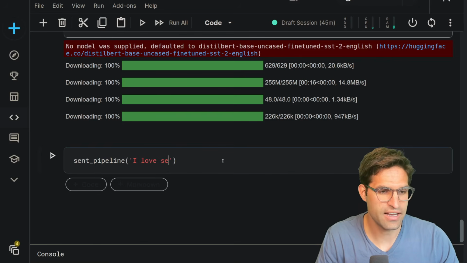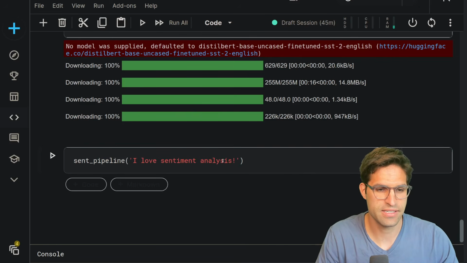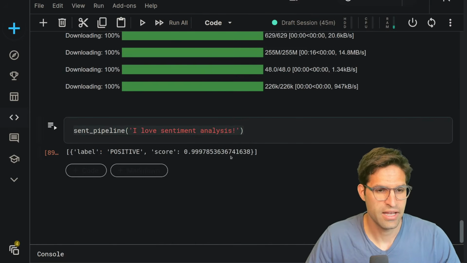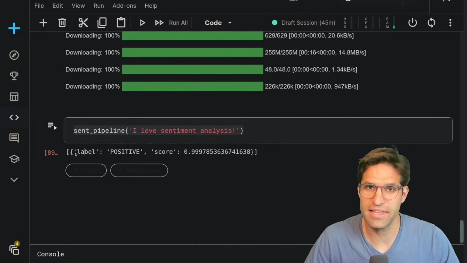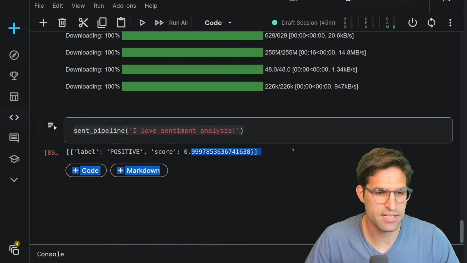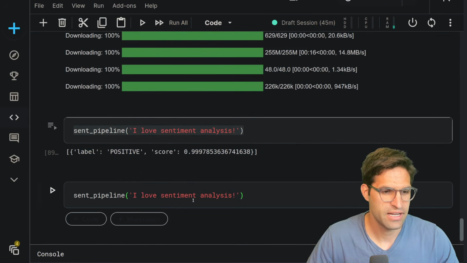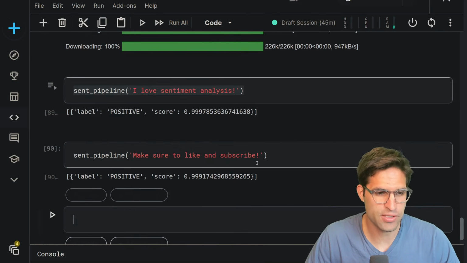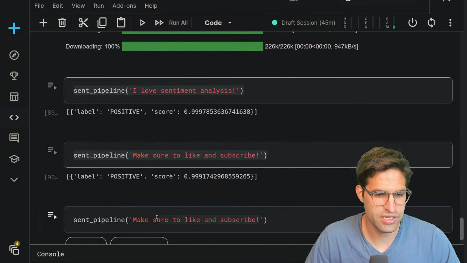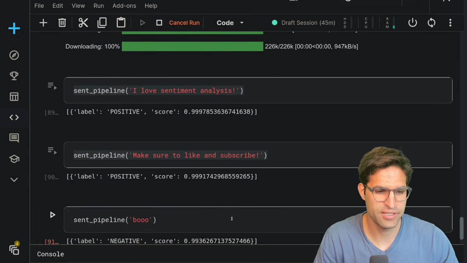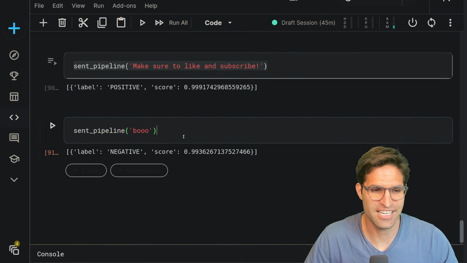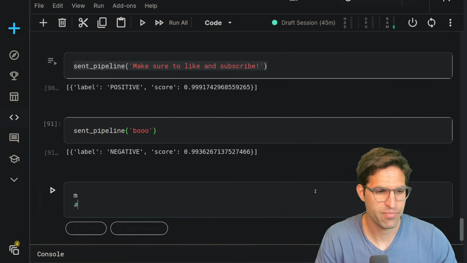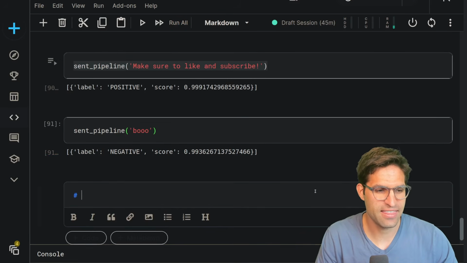So I could say, I love sentiment analysis. And you could see it's a different format in the output it gives by default, but it's saying this is positive with a very high confidence. I'm going to type in, make sure to like and subscribe here. And that also is positive. Just to do a bad example, we'll say boo. And that does show as negative, so it's working. All right, so that's it